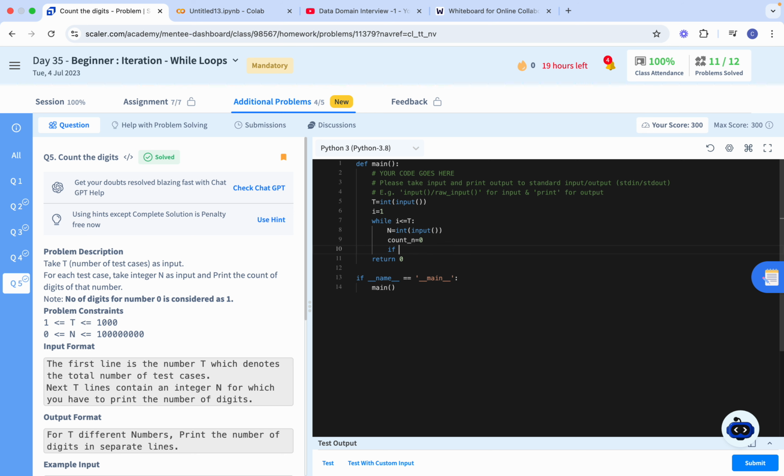If this n equals 0, then count of n equals count of n plus 1, else